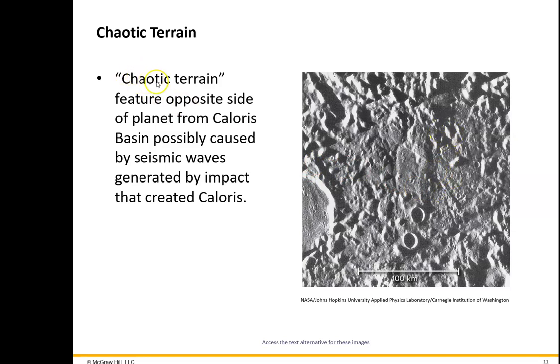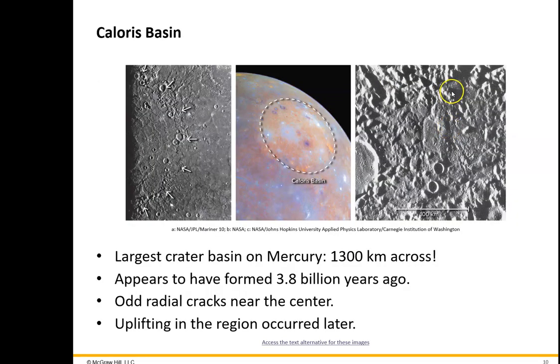I've seen it referred to as weird terrain. This is called chaotic terrain. It's just this odd looking feature, which is basically explained by this huge collision,